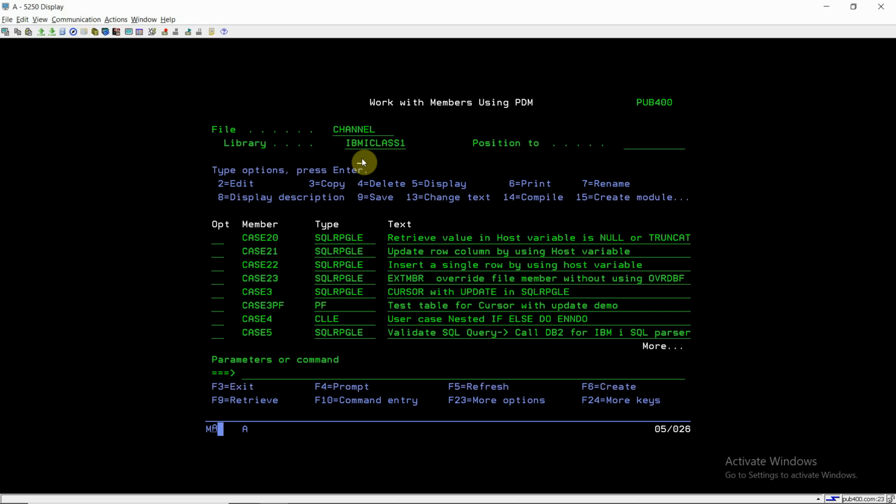So how can we read any 2 specific members, or any 3 specific members out of 5 or out of 3? I don't want to read all the members, or just the first or last member, or any one member. I just want to read 2 members out of 3. So how can I do that using the EXTMBR keyword in my program?